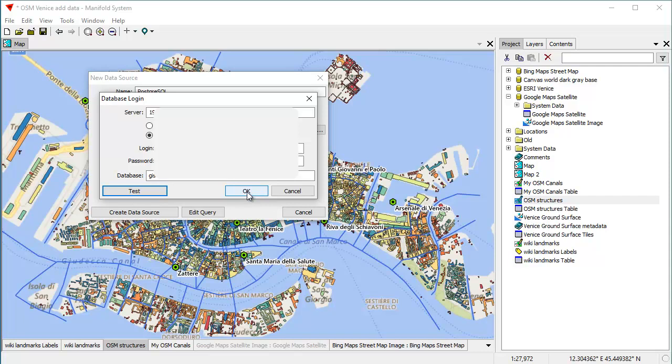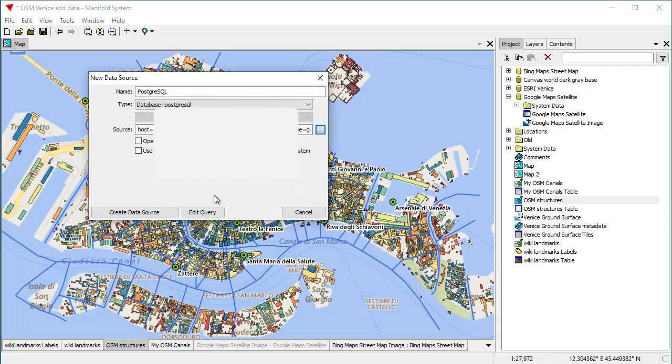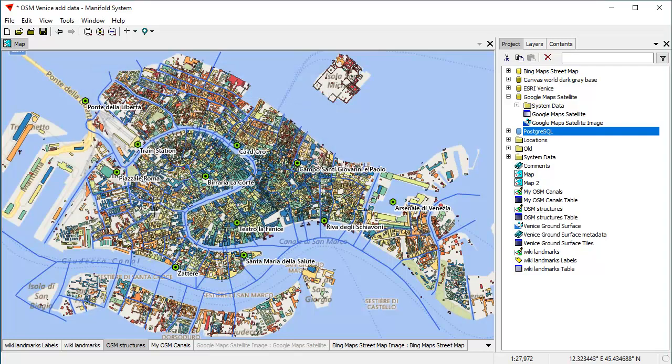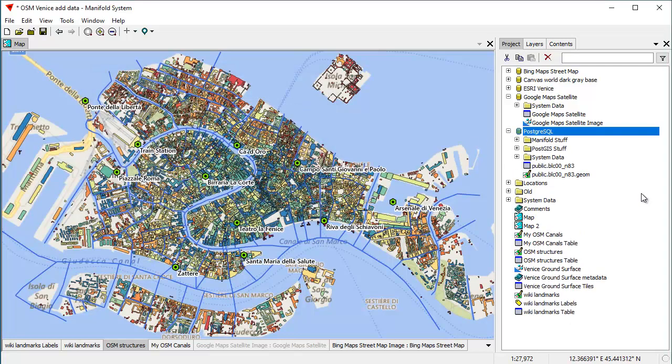So now what I can do is click the OK button, and I can create a data source. Click Create Data Source, and there it is. So there's my PostgreSQL data source. And you can see that data source as I popped it open. That's all the stuff that's in the database. And if I want to export stuff from this map, for example, my OSM structures drawing, I can